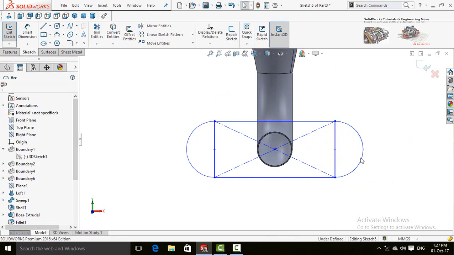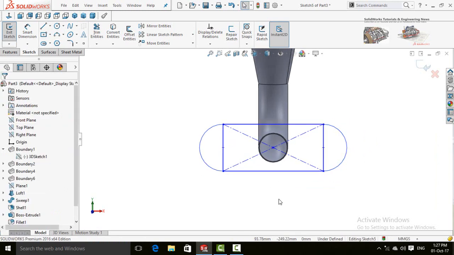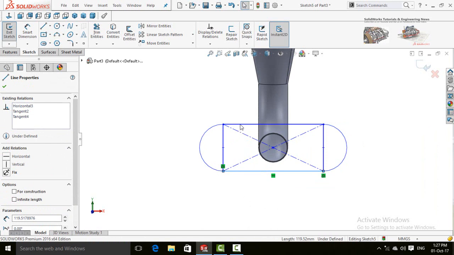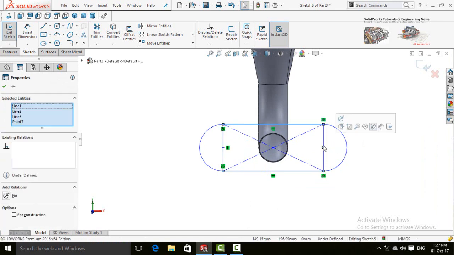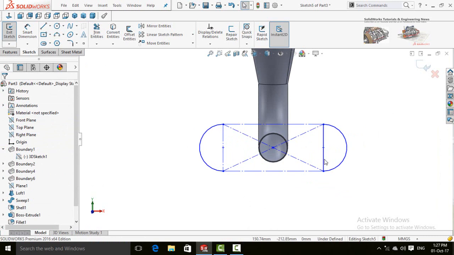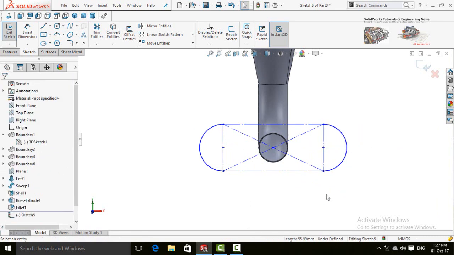Press and hold Ctrl key and select both of these arcs and make them equal. Select all these lines. Scroll down and select for construction geometry. Press OK button. Select this line and select construction geometry.